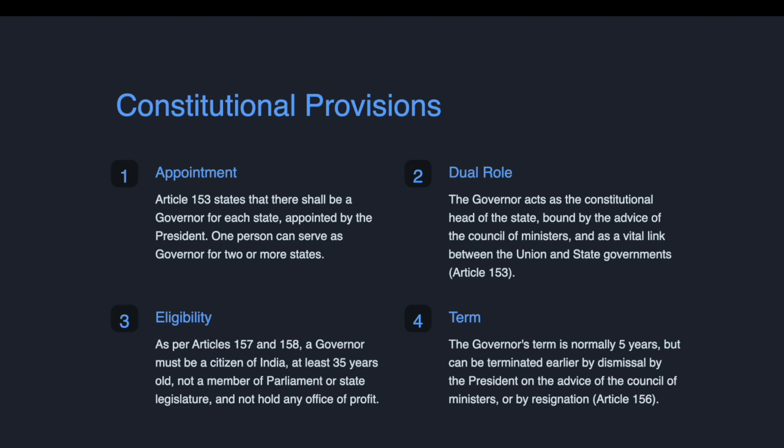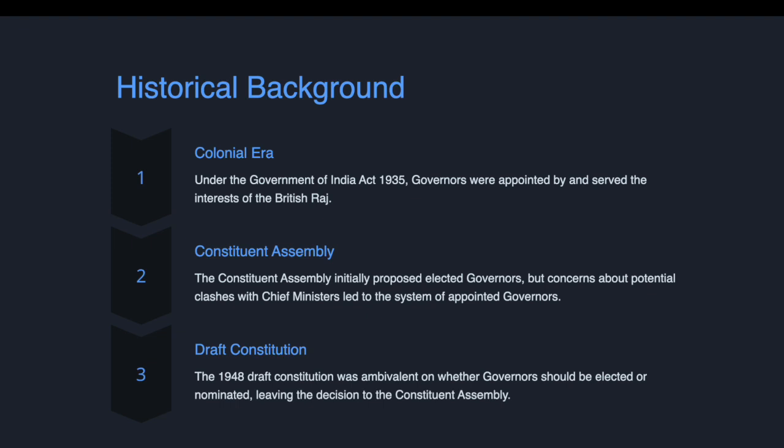Term. The governor's term is normally 5 years but can be terminated earlier by dismissal by the president on the advice of the Council of Ministers or by resignation. It is given in Article 156. Historical background. Under the Government of India Act 1935, governors were appointed by and served the interest of the British